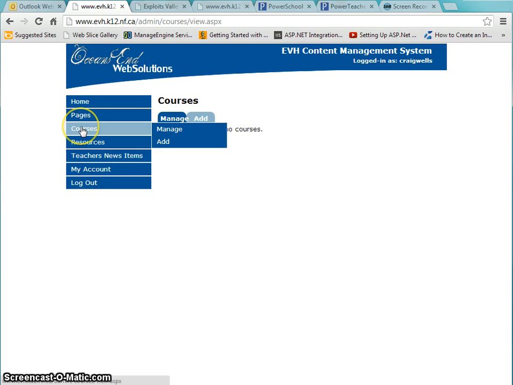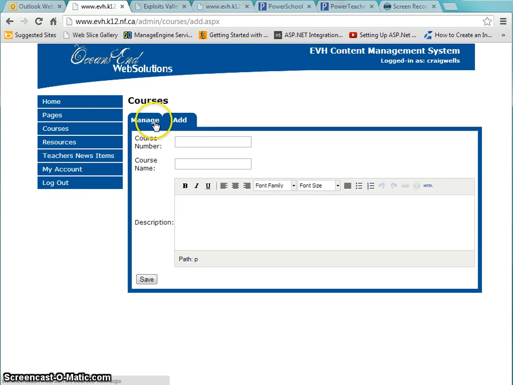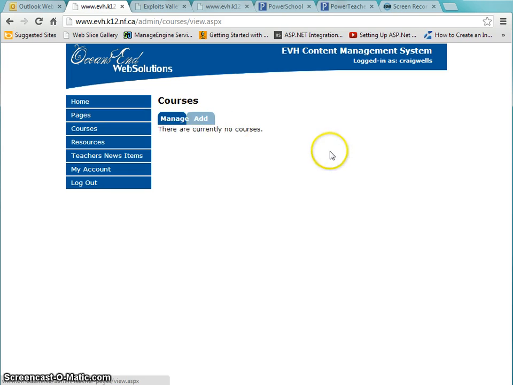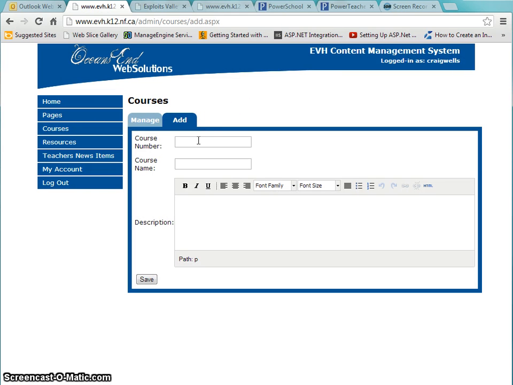Once logged in, you'll see that the option of courses is there and manage. When you go in there, at first there's nothing. If you click on the add icon, you'll be able to see that you have manage and you have add and create a course. So in the course number, it can be alphanumeric, in this case here RST 3205, and the course name is Robotics Systems 3205, and there's a rich text box here that you can use to add